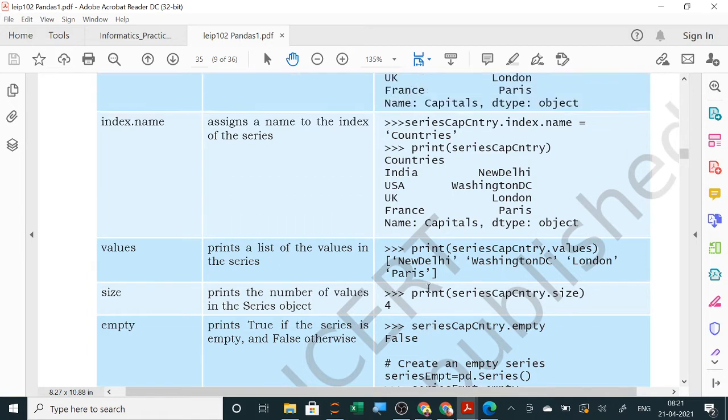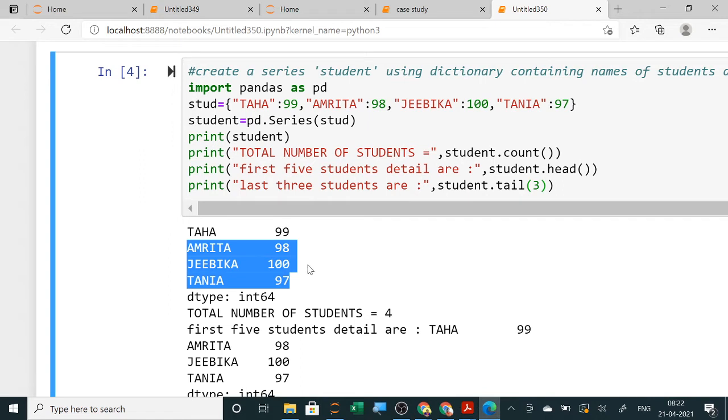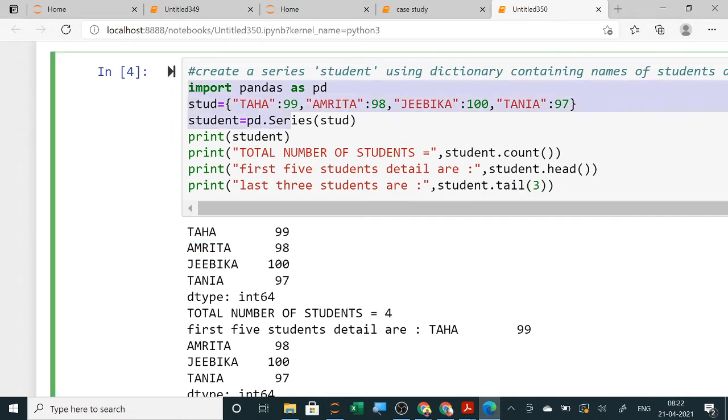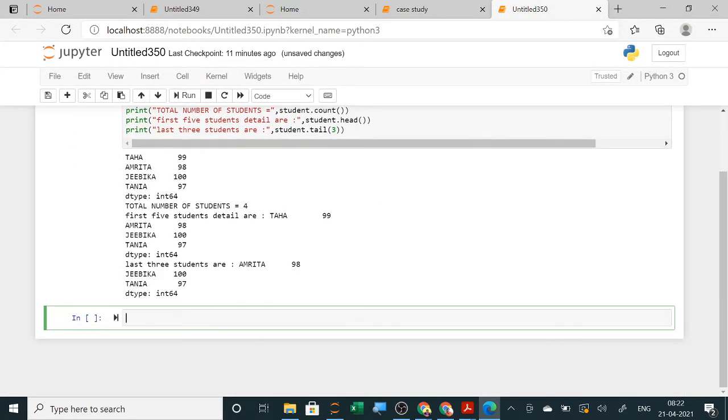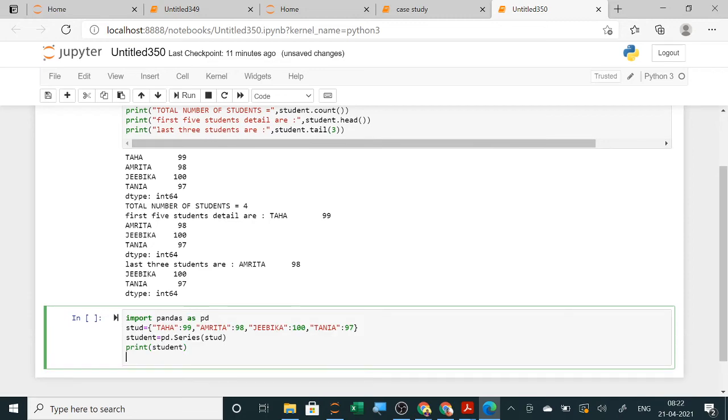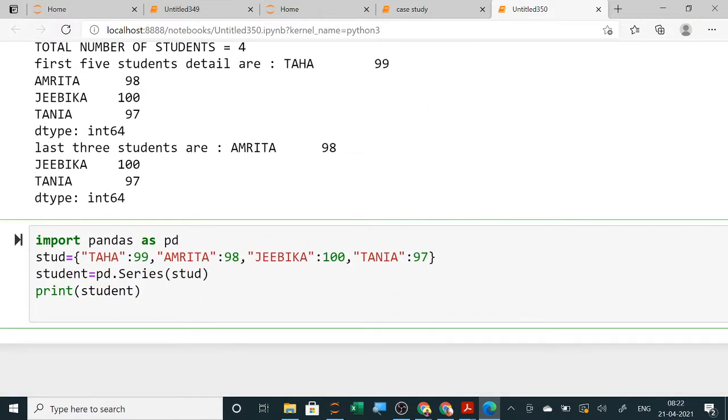So let us do one by one. First we will give the name, then the index name, then we will display the values. First we are starting with name. So here a series is given, and I am just taking this series. Now in this series, the name of the series was student. Now I want to change the name of the student to something else.